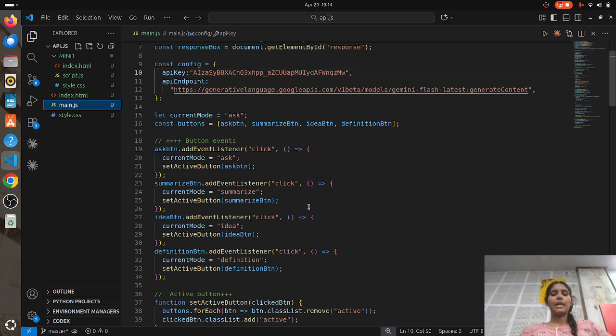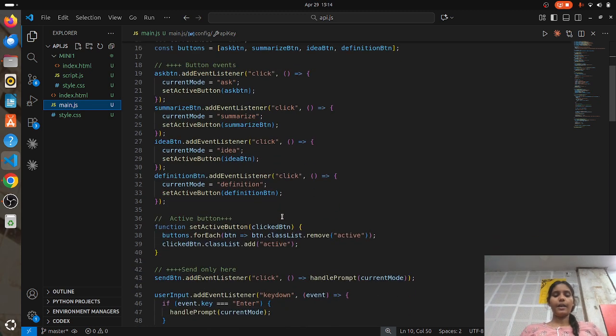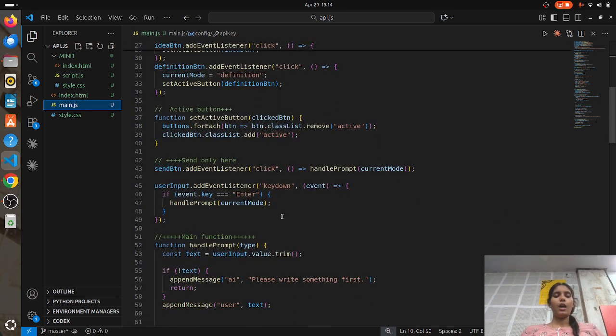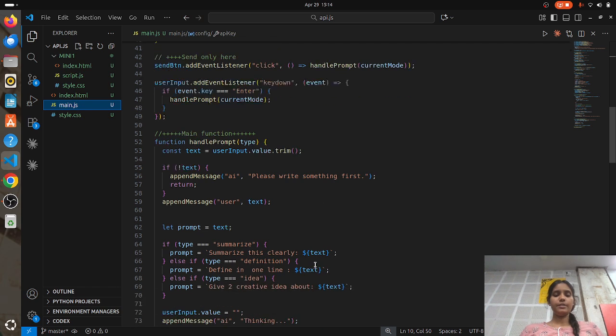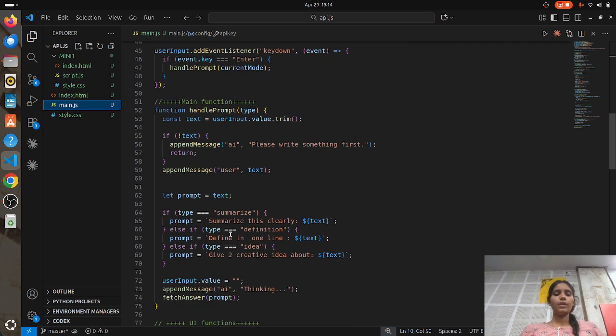The user can select the buttons according to their needs, and after that the user gives the prompt. The user can give any kind of prompt and any kind of questions they want to ask according to their needs. So here I also use the template literals. It is also from the ES6 features.